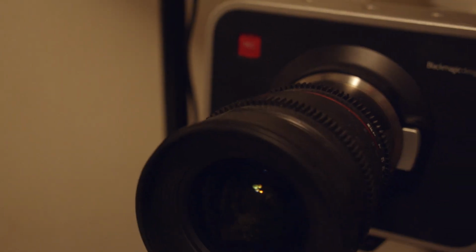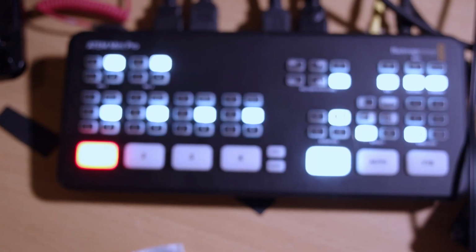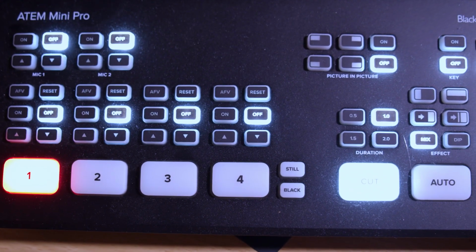And I do record those videos with the Blackmagic we have right here, Blackmagic Cinema Camera 2.5K, which is the old version. And also for my second camera, I have the Pocket Cinema Camera, the original old version. And both of the cameras are just shooting 1080p anyways, or HD. And the main reason that they are doing that is actually because I record all these on the ATEM Mini. And I started out using the Pro for these videos because I can just record out the video source to a Samsung T5 disc,